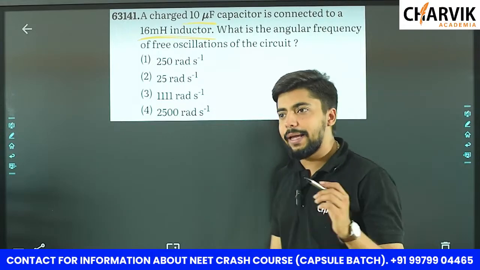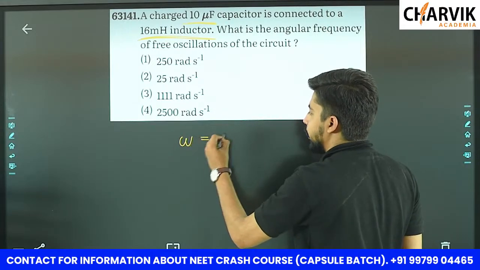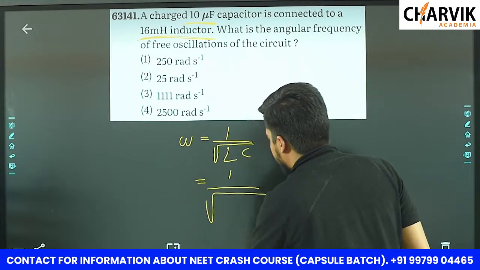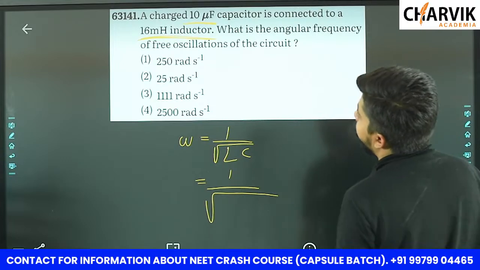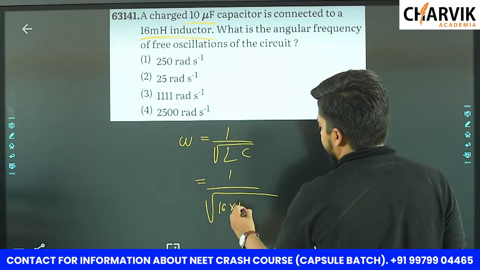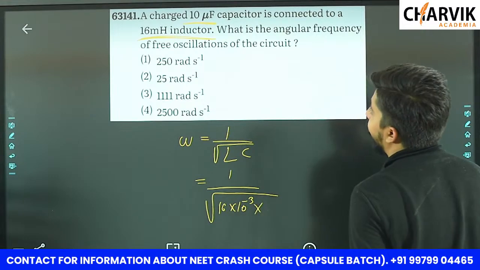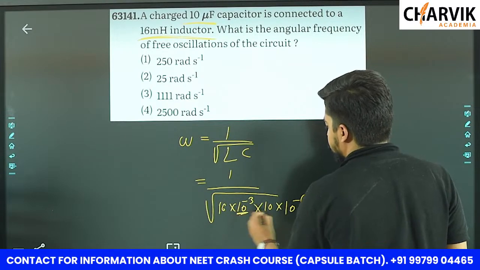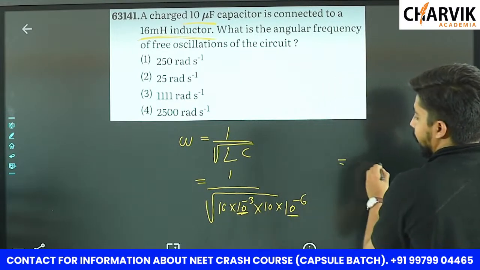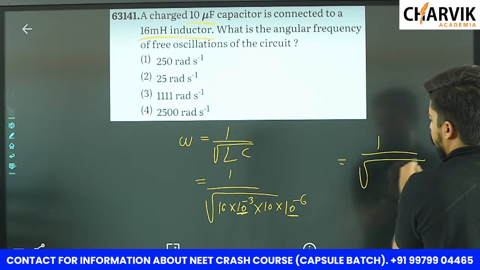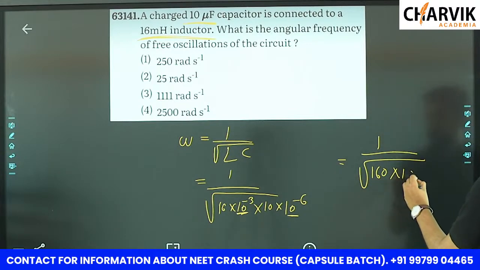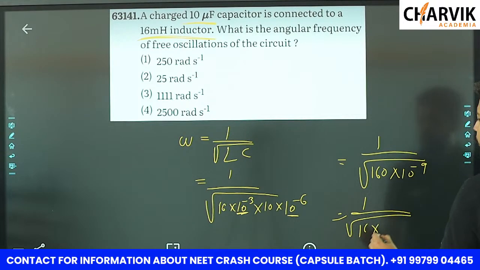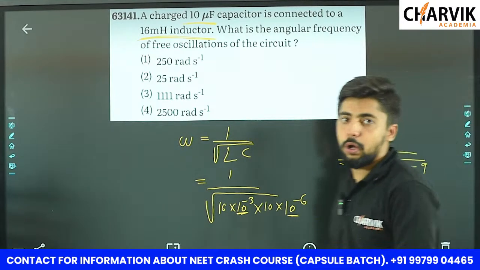Again, I am saying the angular frequency formula is omega equals 1 upon under root of LC, which is equal to 1 upon under root. What is the value of L? Value of L is given as 16 into 10 raised to minus 3, into the value of capacitance, which is given as 10 into 10 raised to minus 6. It becomes 10 raised to minus 9. So you can say it becomes 1 upon under root 160 into 10 raised to minus 9. Just make it 1 upon under root 16 into 10 raised to minus 8. And just by solving this,